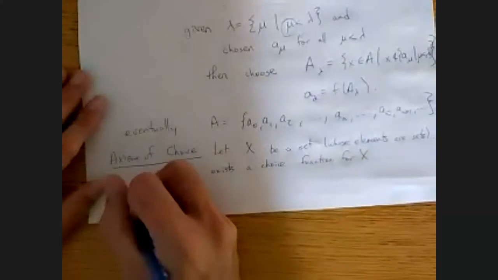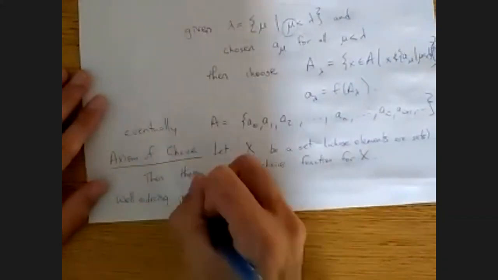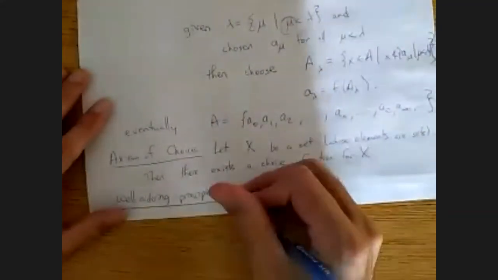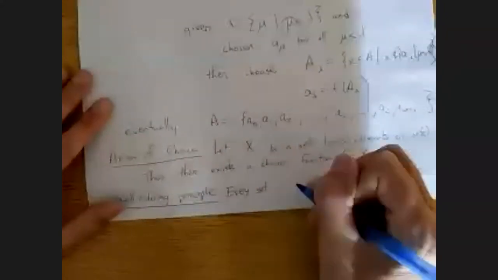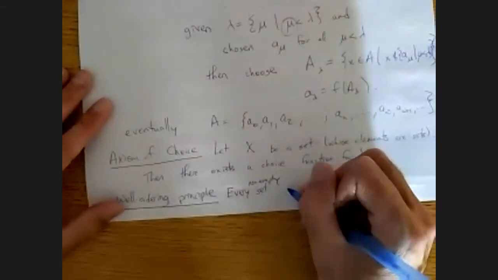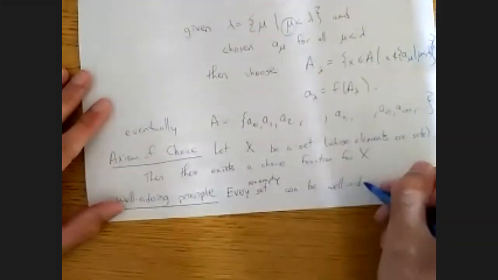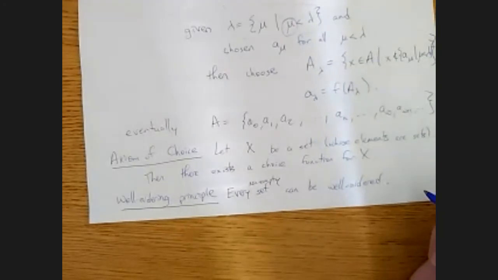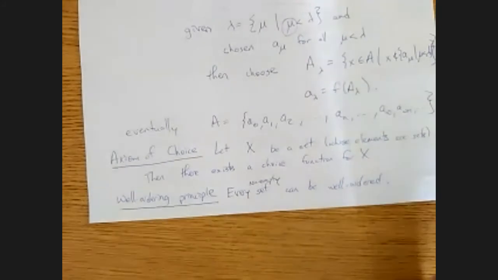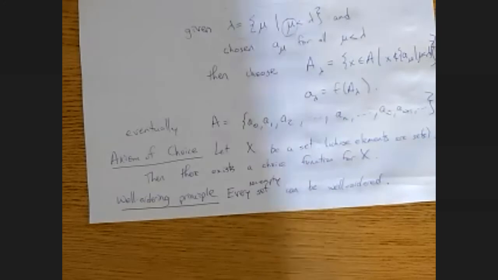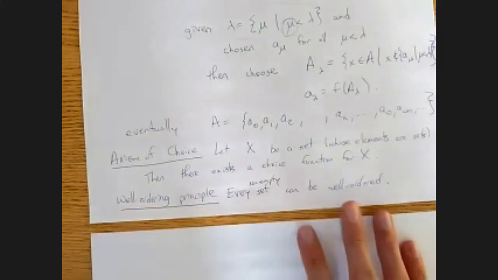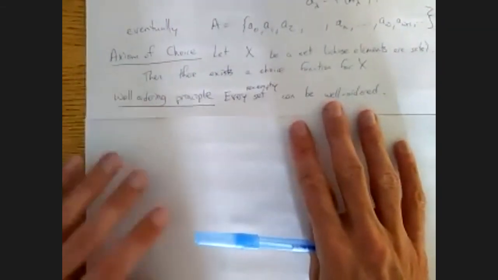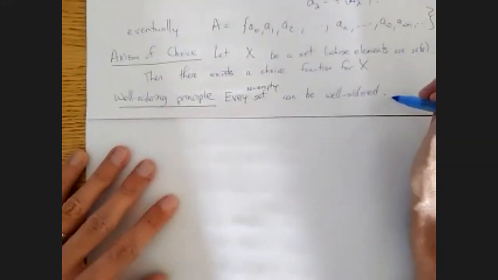And then the well ordering principle, which says every non-empty set can be well ordered. The third one is called Zorn's lemma, which I will get to later. But let's take a little bit of time to answer the question, why are these two things equivalent? So actually we've seen that